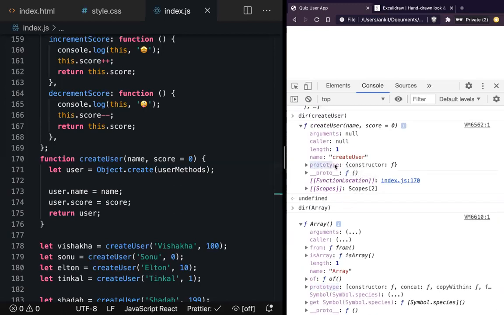I don't know why they named it prototype, but it is the prototype of this function. I think it is intentionally kept inside every function, and that is an empty object that we have.